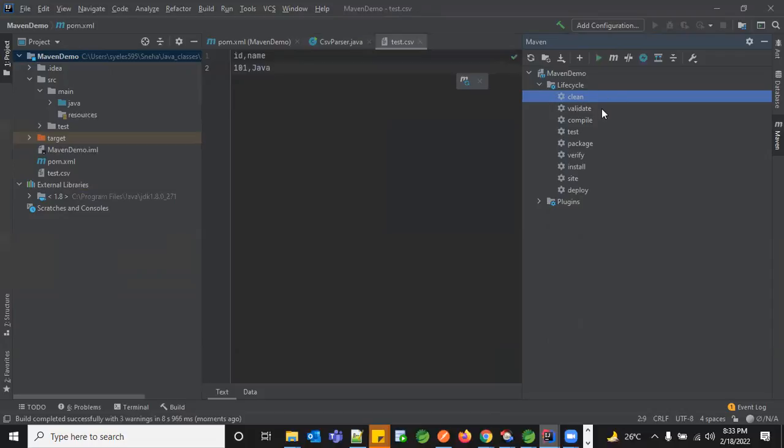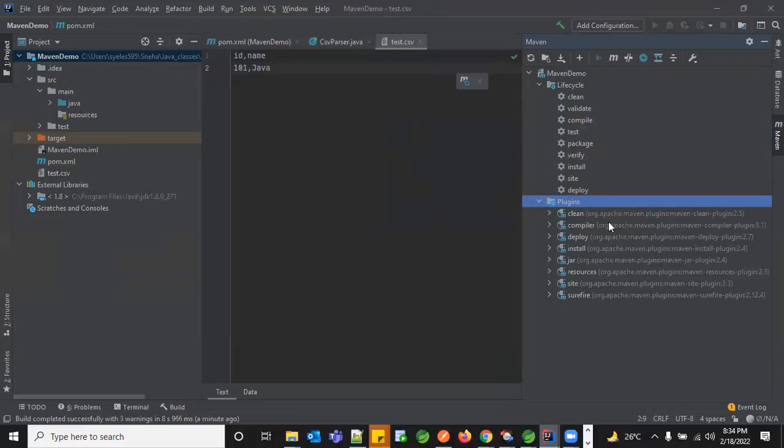So there is something called validate, compile, test, package, verify, install, site, and deploy. Each one will have its own place. Predominantly, most of the time, what we use as part of our programming practices would be clean and install. We never go and test. When you write your own test cases, then you might use test. The other things we never use explicitly, because that comes internally under each life cycle. So we don't go and do the compile part explicitly. We just execute the clean, install, and then the test one as per the needs.